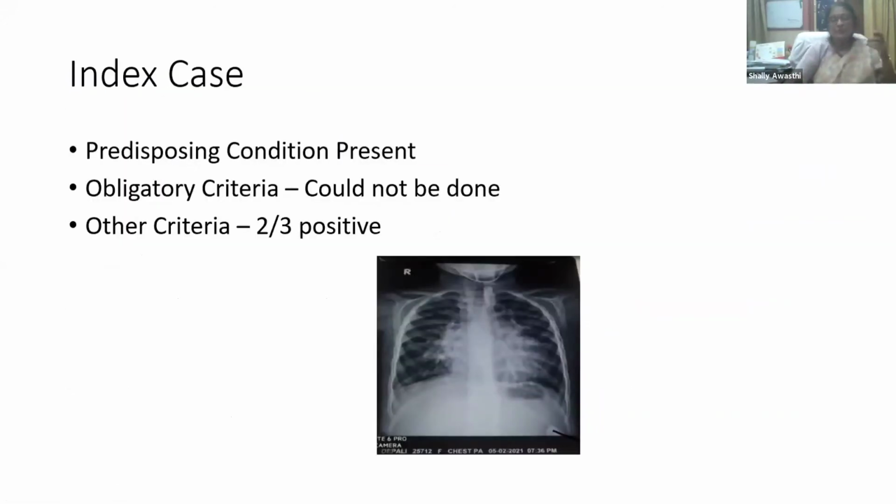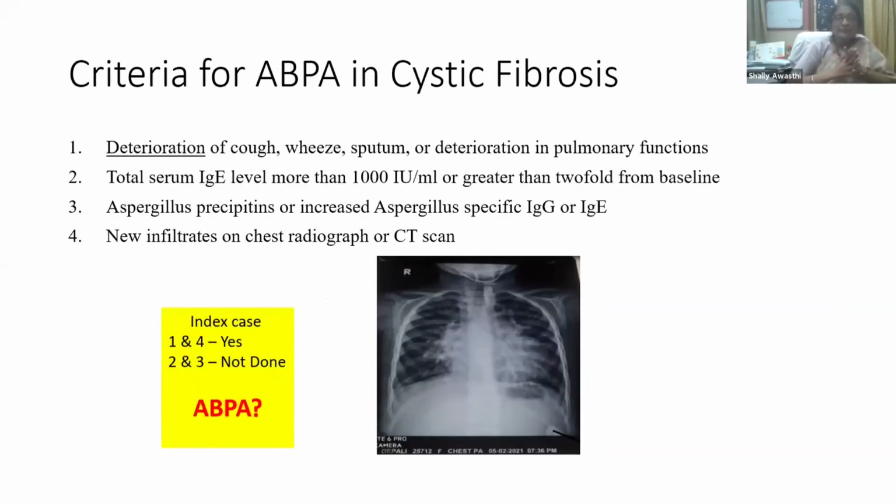When did she develop ABPA? We don't know. Again, there are criteria for ABPA in cystic fibrosis, deteriorating cough, similar criteria. Again our index case had 1 and 4 positive and 2 and 3 were not done. Big question, ABPA, I've put her X-ray film here again as a learning for all of us who are dealing